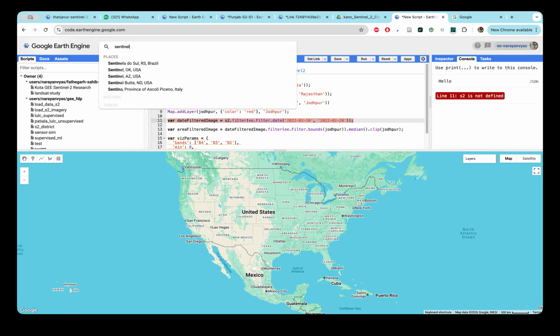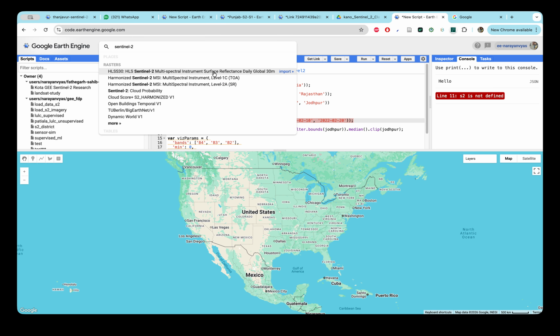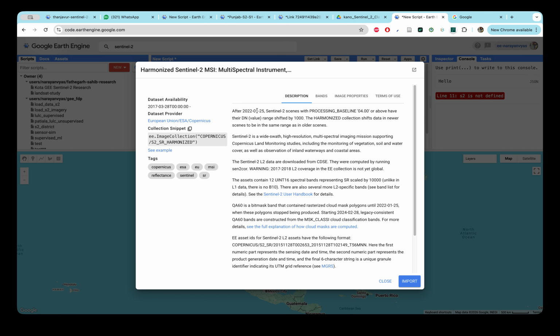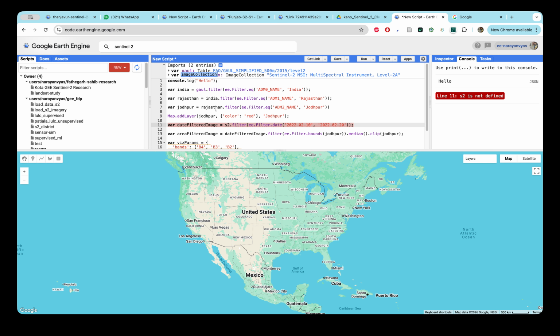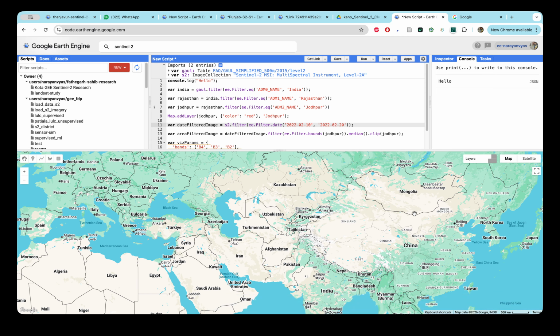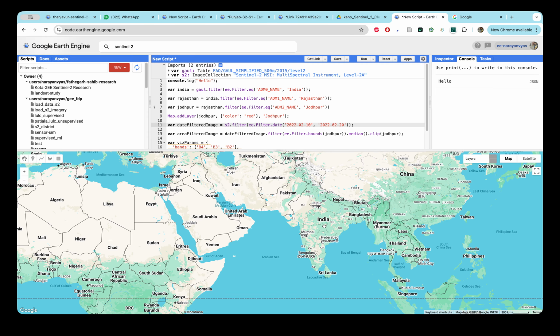So we will click on Sentinel-2 and always remember which dataset we should use, level 2A. Click on this, import. Done. And here I will change the name to S2 so that we don't get any kind of error. So now you see we have the dataset created, and if you go there, maybe in India, you will see